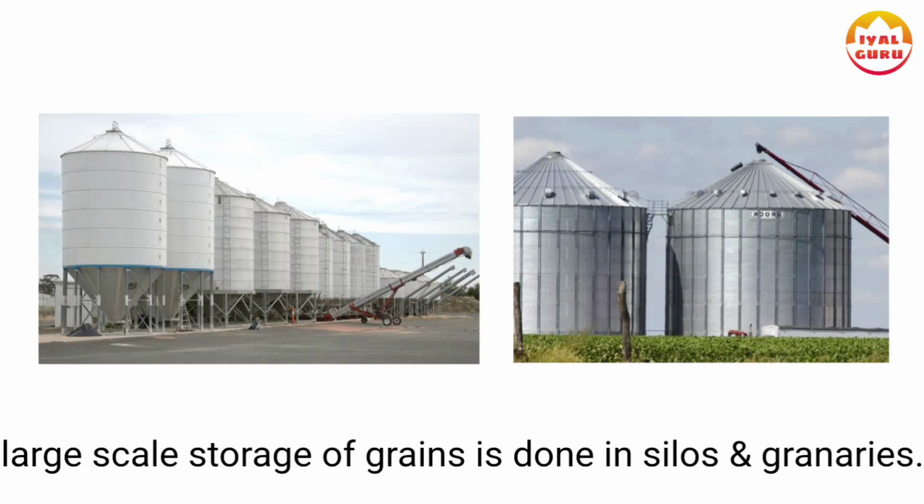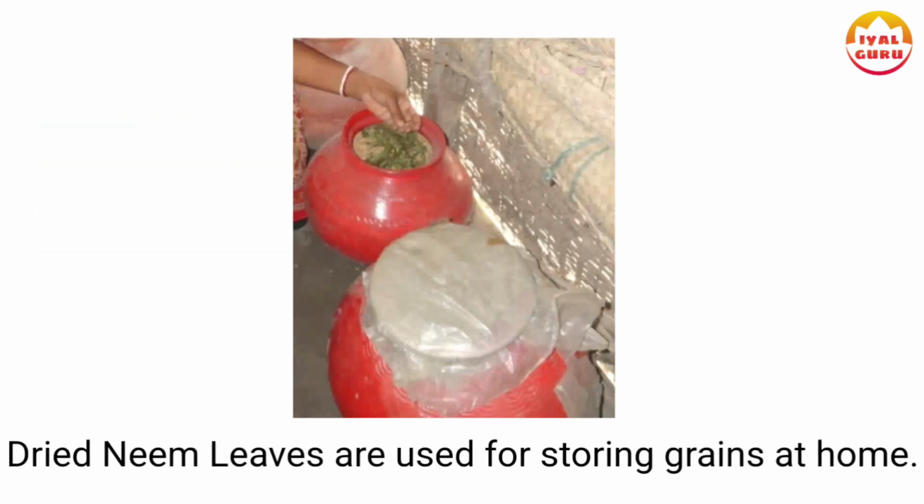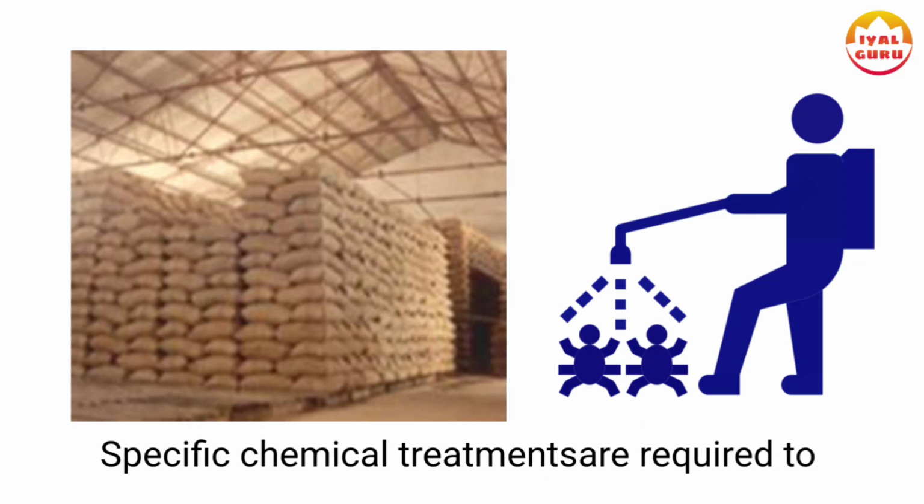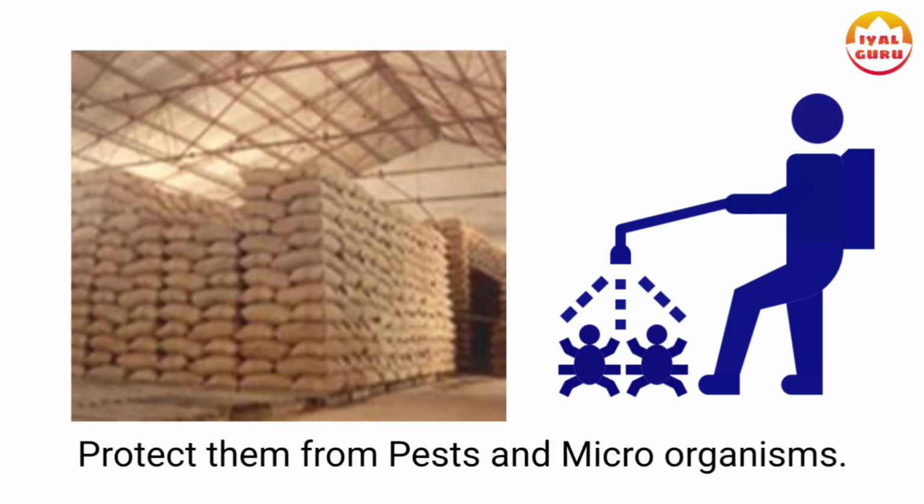Large-scale storage of grains is done in silos and granaries. Dried neem leaves are used for storing grains at home. For storing large quantities of grain in big godowns, specific chemical treatments are required to protect them from pests